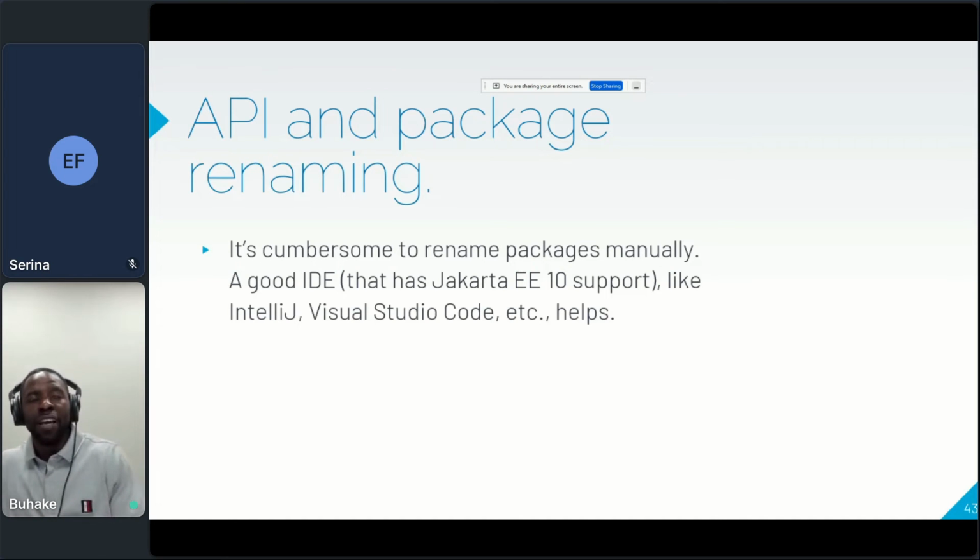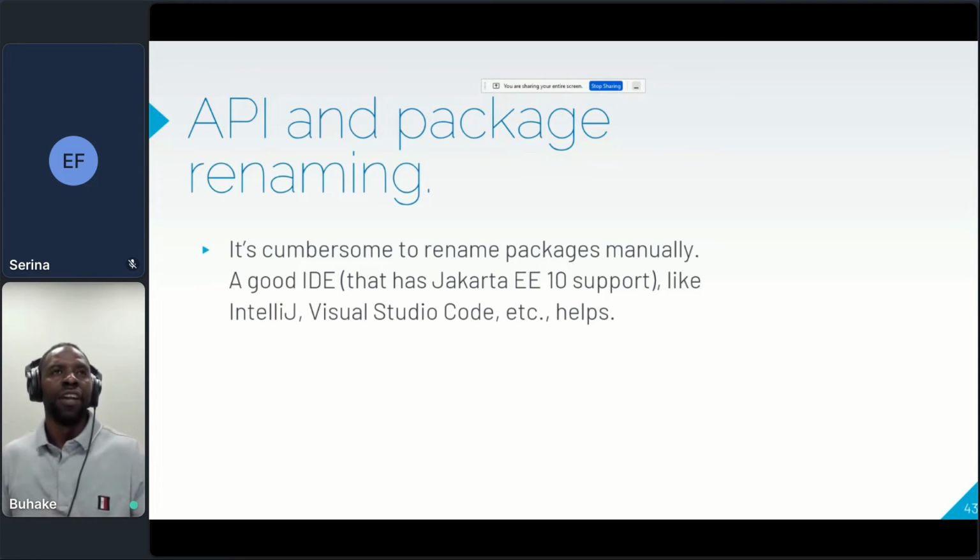If you do not have a good IDE to look for anything that says javax and replace it with Jakarta, you might have an issue where you do dynamic loading of a specific class or doing a dynamic injection.